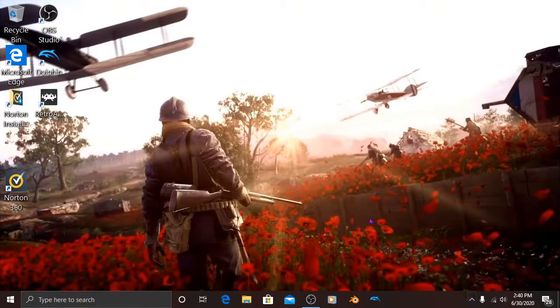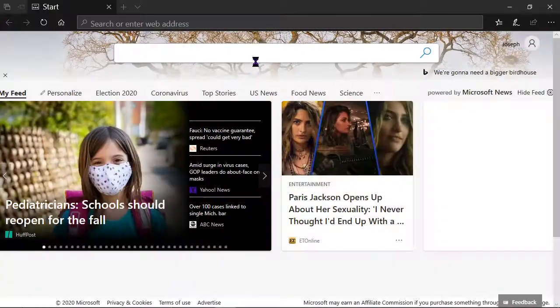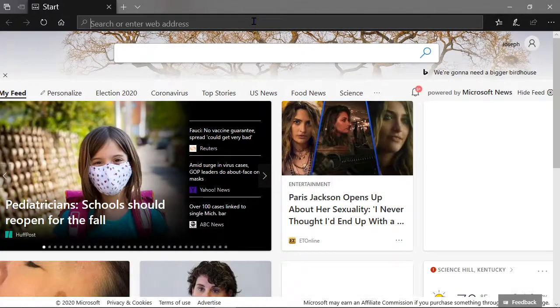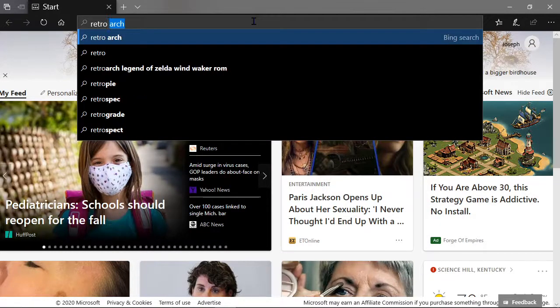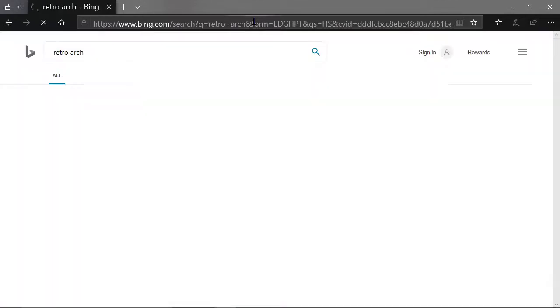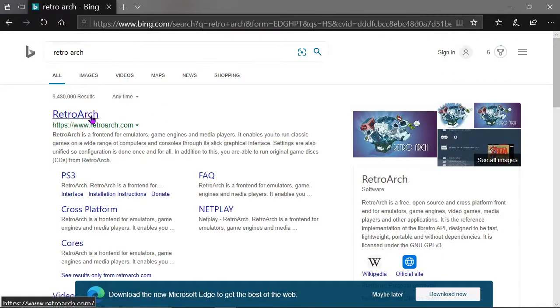Okay, so this is a tutorial on how to install RetroArch. All you first want to do is go to our website and simply type in RetroArch. I already installed it, so it's already on here. But you want to go to here, and after that,